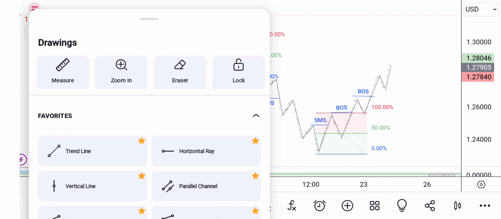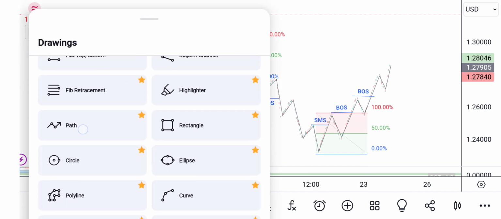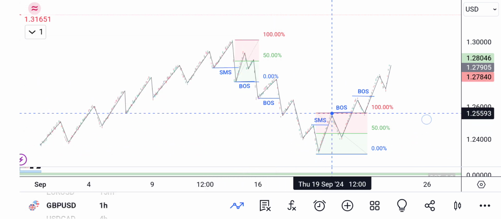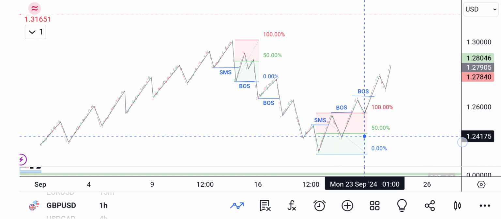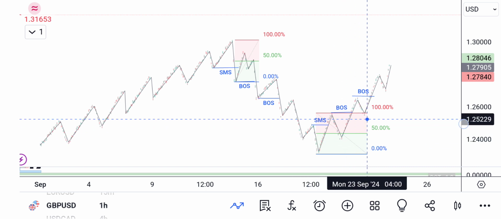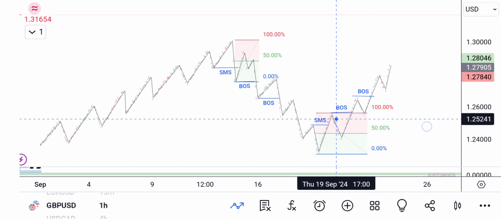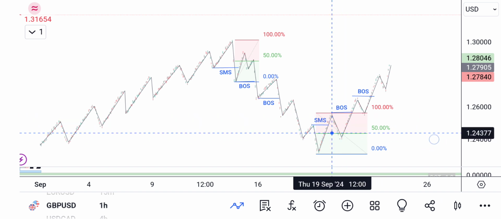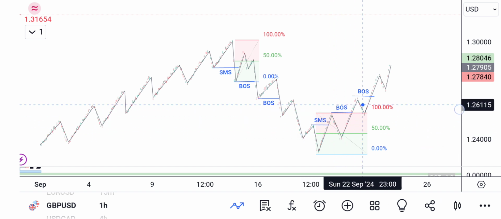This is another range that has been formed, so you will have to wait for, when it displaces higher, IPTA to take price back into discount. Below this 50% level, which is the equilibrium level, is discount, and above this 50% is premium. You don't want to be buying into premium. You want to wait for price to drop back into discount or 50%, okay, and then you are buying at